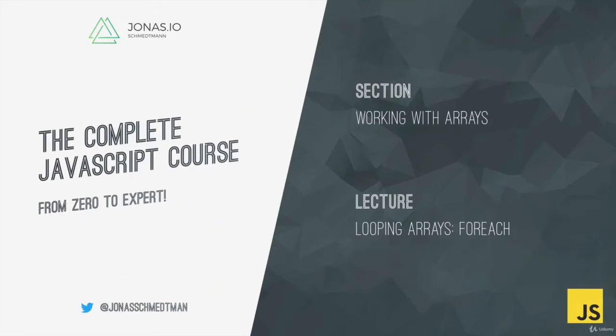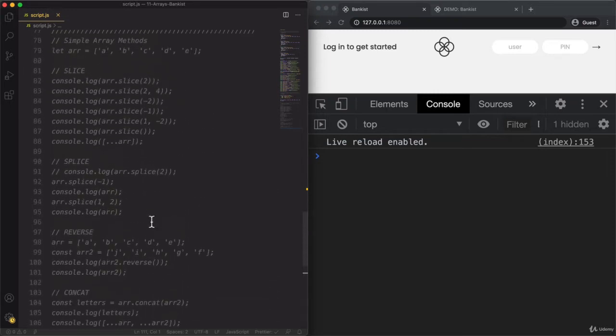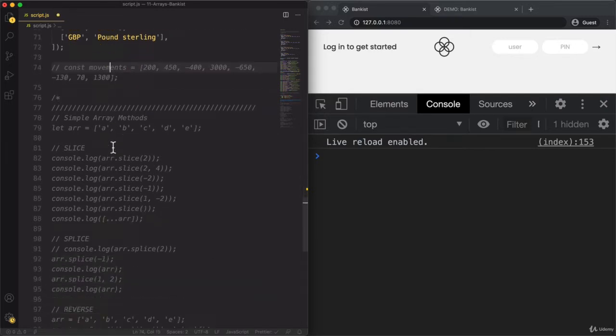In this lecture, we will loop over an array using the forEach method. Now, we had already learned how to loop over an array using the for-of loop, but the forEach method is really fundamentally different. And from now on, we will start working with our bank account data, but still in a very simplified way. So let me get this data here into the present lecture so that we can see what we're actually working with. So let me comment it out from here